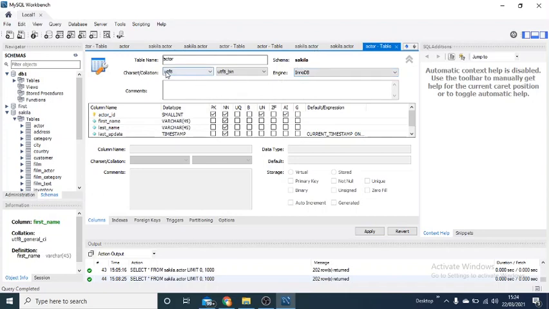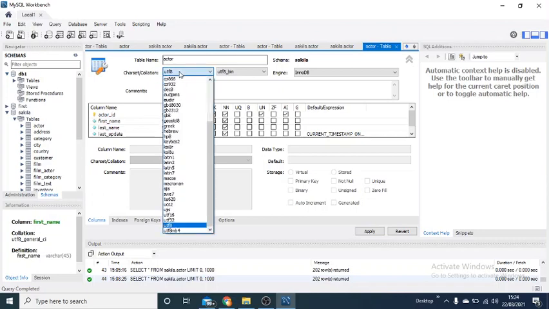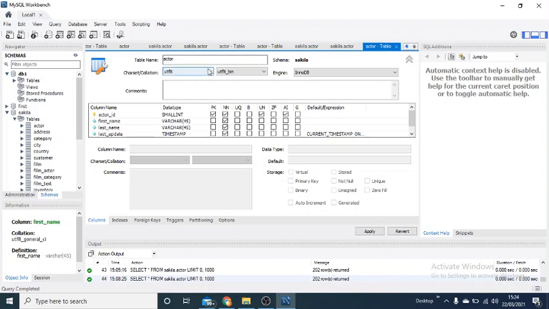Then it gives you the character set. That means if your system allows UTF-8, then this table is going to support it. But if your system does not allow that, then you can change the character set to one which is supported by your system. So from this drop down you can change the character set as well. At the same time, while changing it, you can add comments. If you want to change the engine, then you can select the engine from here. Now these are some of the advanced SQL activities, so we may not be able to see in much detail what the impact of it is, but I am showing you what the options are to do it.